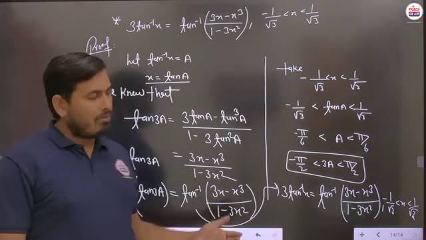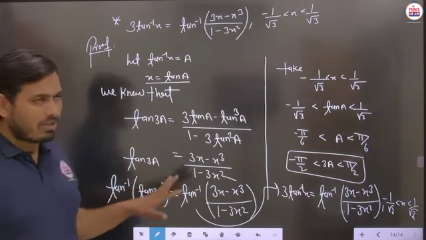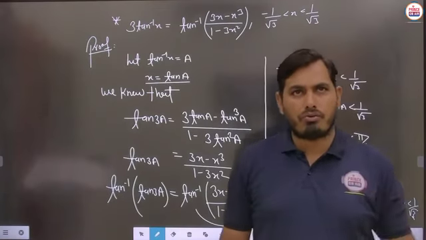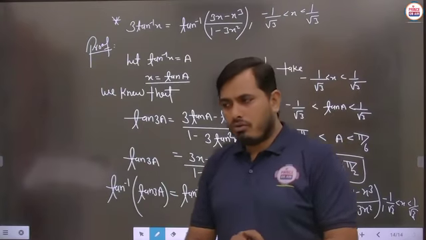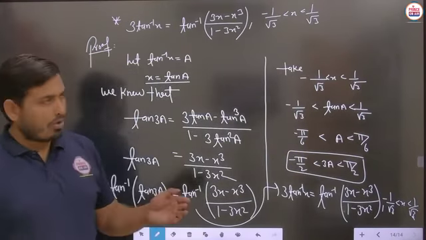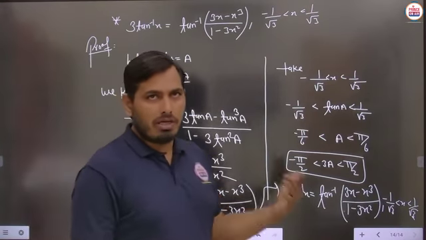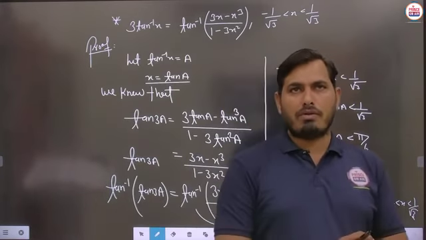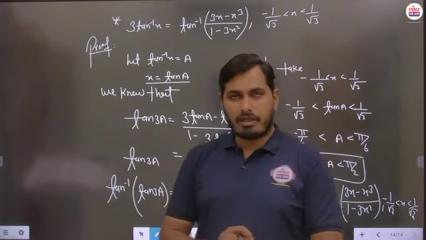That's why I am telling one by one each and every section here, and we can do the proof in a very similar way. Just we have to know the formulas of sin 2a, cos 2a, tan 2a, tan 3a. Is it to be clear? So today we have to discuss the important section of the properties, where we discuss 3 tan inverse x, 3 cos inverse x, 3 sin inverse x, as well as 2 tan inverse x, 2 cos inverse x, and 2 sin inverse x. Is it to be clear?